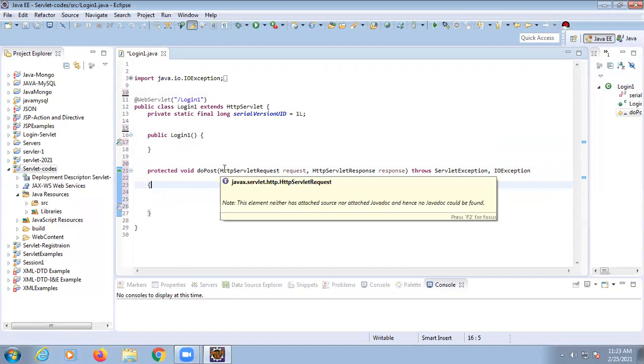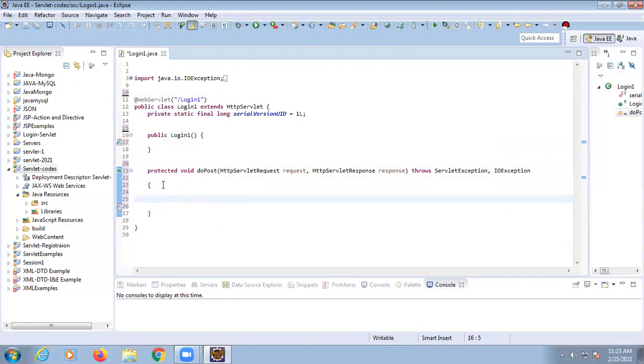So now before running the servlet, suppose I want to print a hello message here. For that, you require two things which always need to be available. You have to write them in your servlet code when you want to print something. The first one is, as we want to give a response to the user or client, so here we have to use, if you see, there are two different methods.